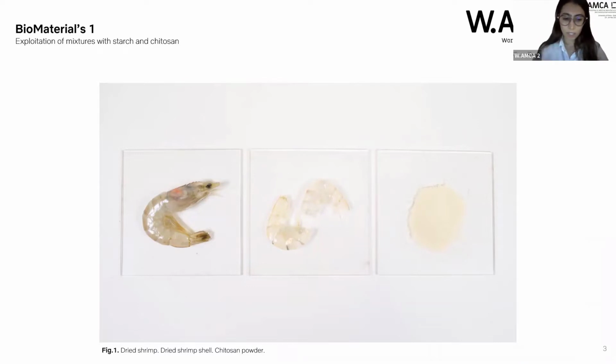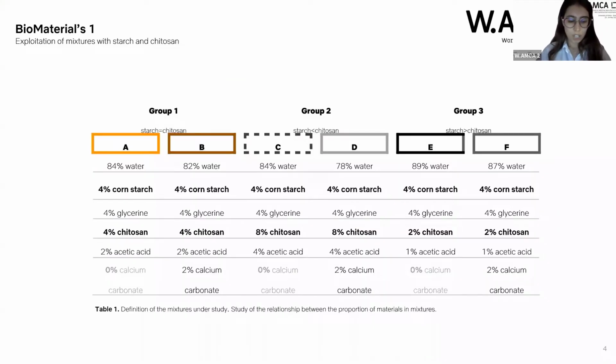This is obtained by a chemical process that can originate another material, chitosan. So this product is natural, low cost, renewable, and biodegradable. So the aim of this research focuses on the search for a natural material, and I separate my research into